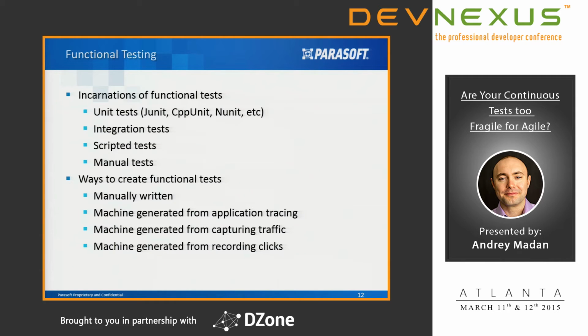There are different flavors. Some of the good ideas to take away from here are how to create those functional tests. Sometimes you take a requirement, look at it, and go ahead and write the functional test. Or sometimes you can actually run your software, generate some traffic, capture that traffic, generate tests from there, and then expand on them. So there are different ideas.